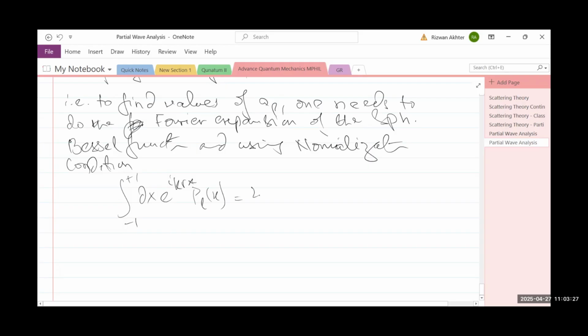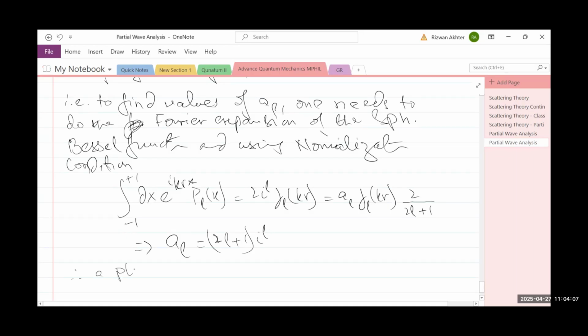And this is equal to, after substitution, 2 iota superscript L j sub L of kr, and this is equal to a sub L j_L of kr, which is the normalization condition, 2 upon 2L plus 1. So this would imply that a sub L is equal to 2L plus 1 times iota to the power L. So we could say, therefore, a plane wave